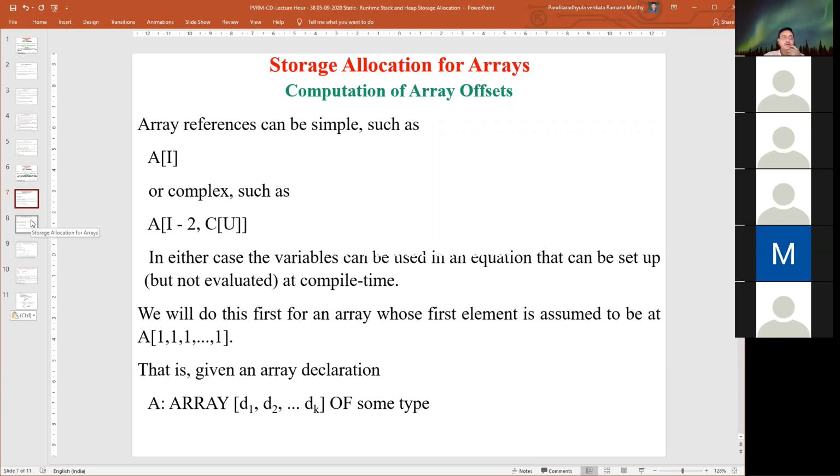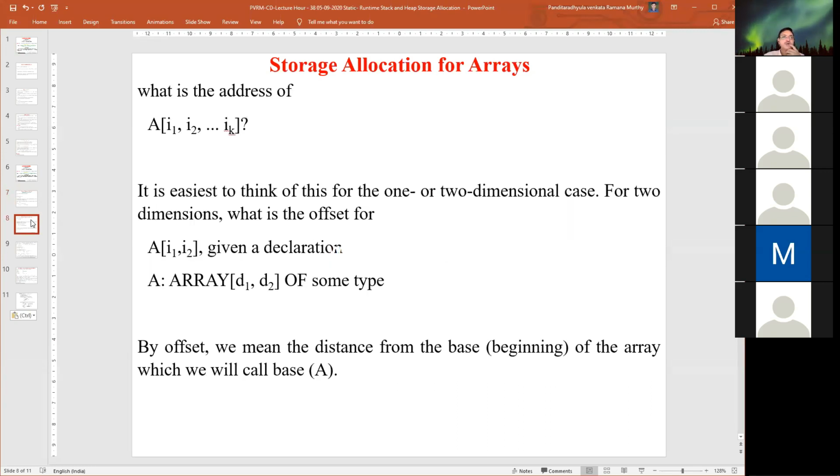The only thing is we need to identify the address of the A of I1 location or I2 location or IK location. The array can be one dimensional or two dimensional. For 2 dimensions, we use 2 offsets, maybe I1 comma I2.